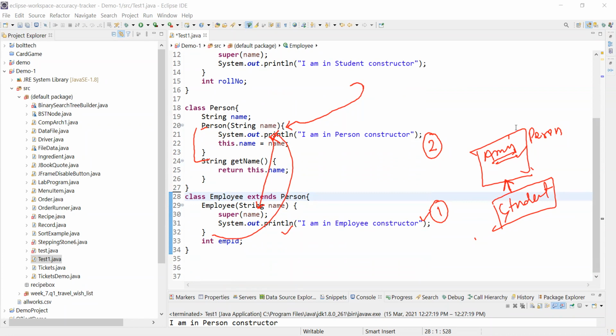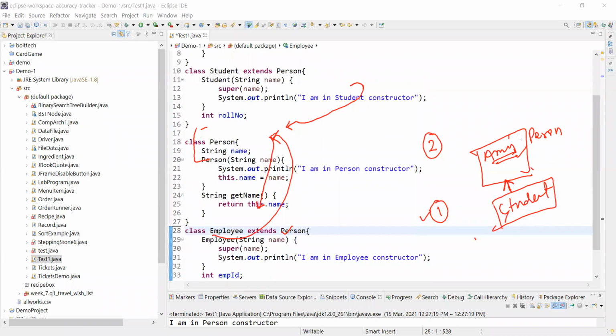Here the student class has a constructor and the person class also has the constructor with the same parameters, like string name, right? If either of the class doesn't have that matching, how can this be achieved?